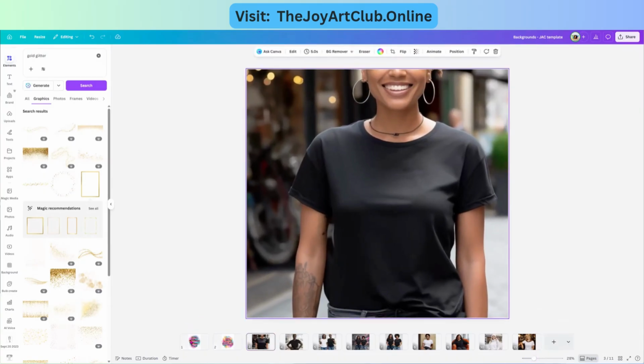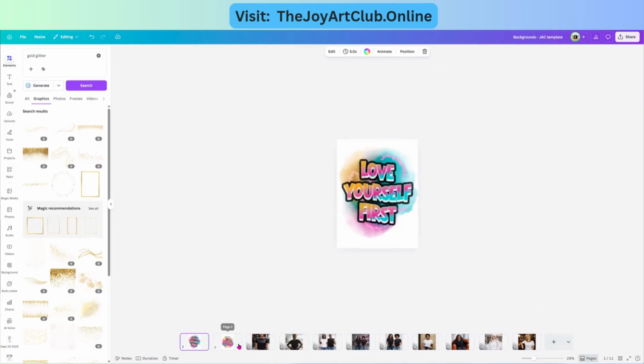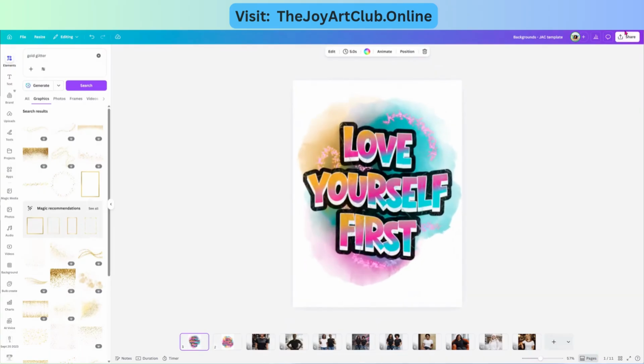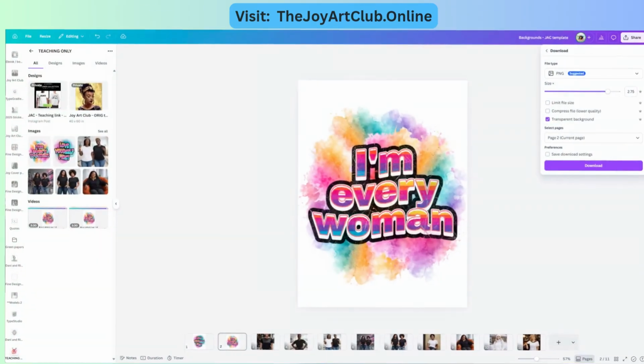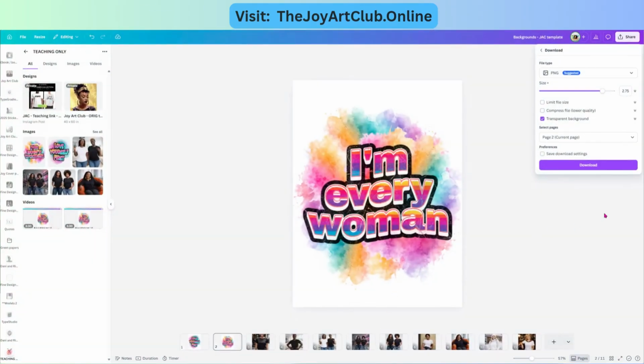All right, so now I'm going to go back over to my images, and I am going to just download these. Now remember, if you don't have a pro subscription, you cannot download them with a transparent background. We are going to download these pages as a PNG with a transparent background, and we're increasing the resolution to at least